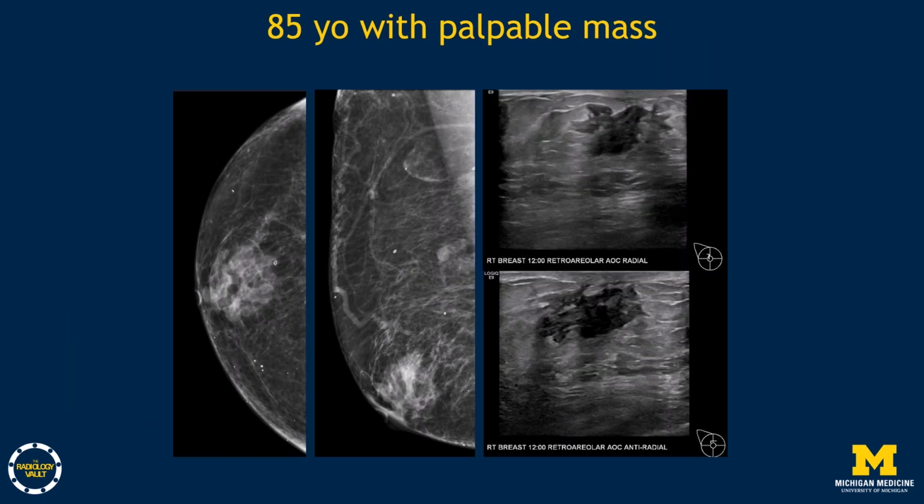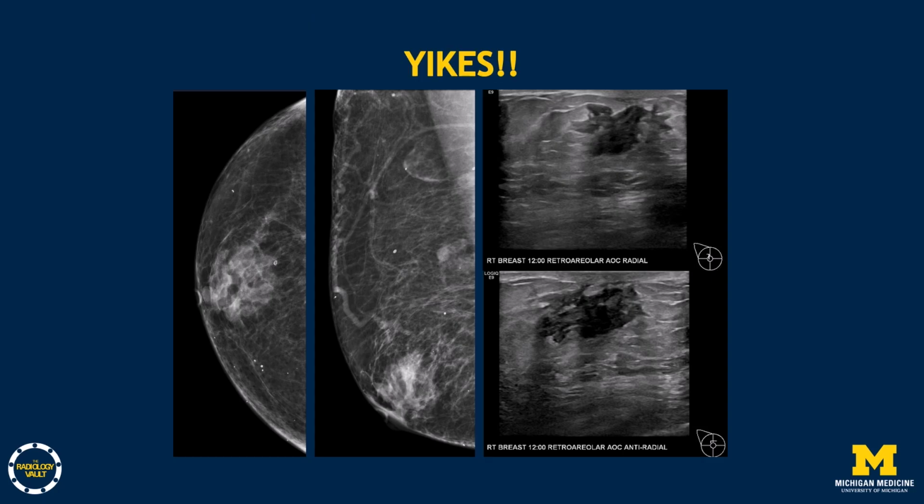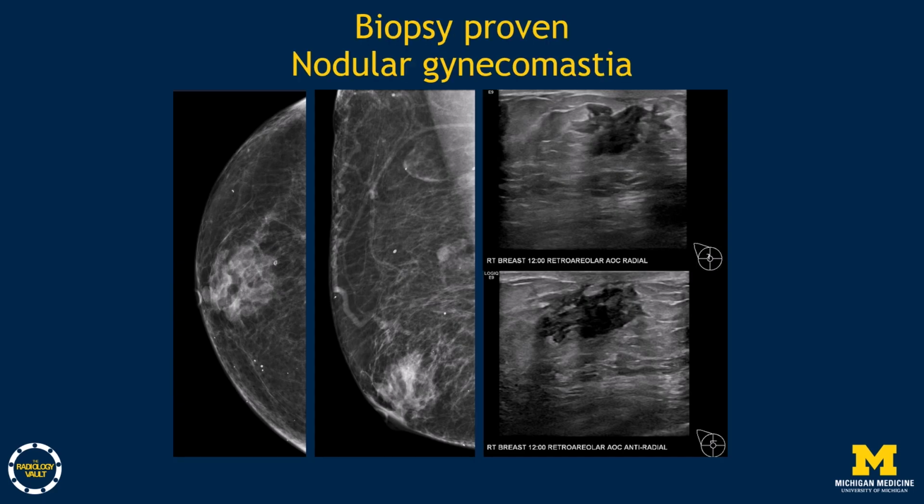These are images of a mammogram from an 85-year-old with a palpable retroareolar breast mass. You can see the dense tissue in a retroareolar location with a convex margin with the appearance of a mass-like structure. Ultrasound was performed and demonstrated an irregularly shaped mass with both areas that appeared to have interdigitation with the surrounding fat tissue versus a more mass-like structure. These were imaging findings that were difficult to discern from cancer, and for that reason, biopsy was performed. This was biopsy-proven gynecomastia of the nodular form based on the imaging appearance.